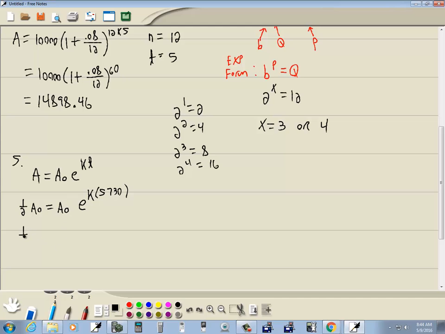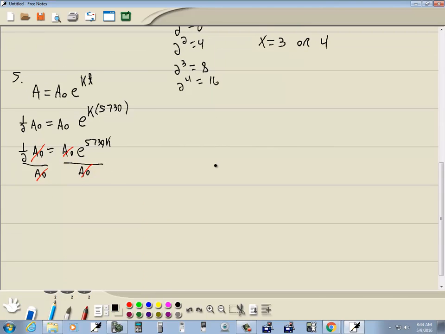Now I could solve this. Divide both sides by A sub naught. The A sub naughts cancel, and we get 1/2